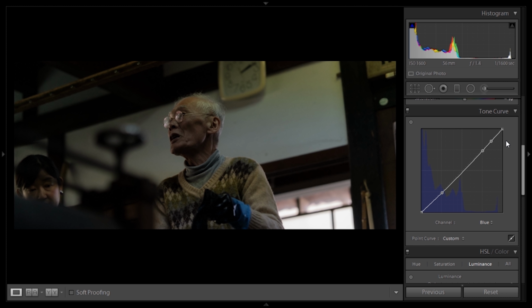Now we want the yellows to be a lot more orangey. We don't want them to be greenish, so we're going to go with a -19. And then we're just going to move the blues a bit to the aquas to acquire those tones. Next up, in saturation, we're just going to desaturate everything with these values, with a -21 in the reds,